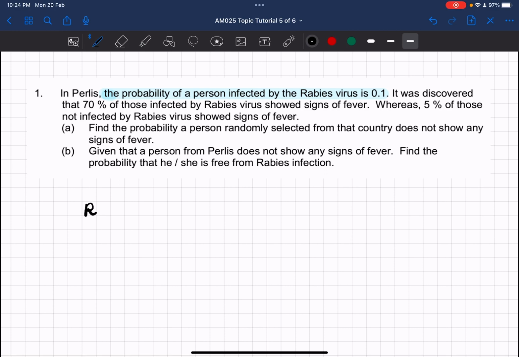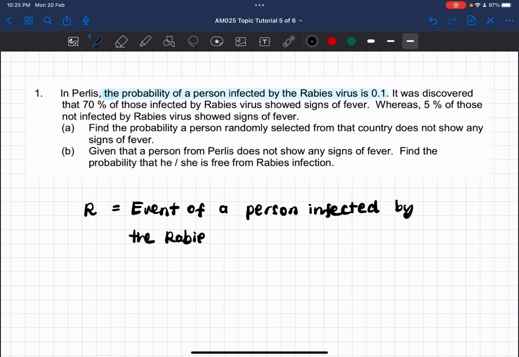So I'm going to denote R, which is the event of a person infected by the rabies virus. If I put a complement of R, which is R prime or R bar, it means that the event of a person is not infected by the rabies virus. So another event is